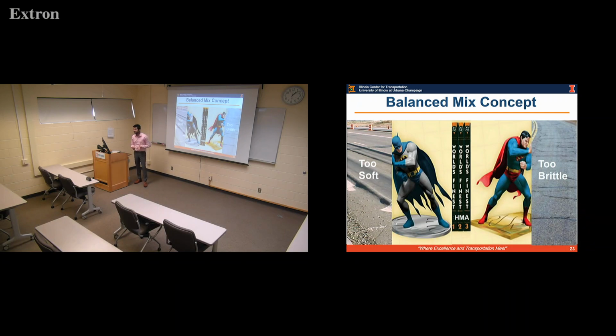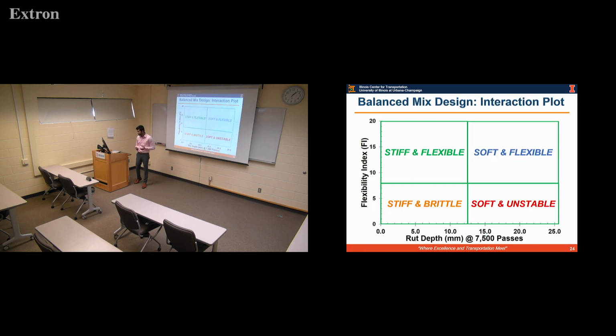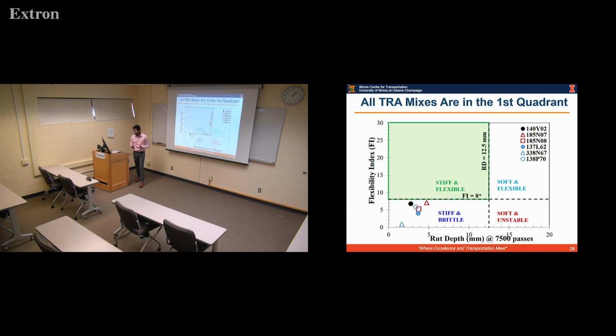We need to have a balanced mix, and we don't want our mix to be too soft or too brittle. So with the idea of balanced mix design, which we came up with the 128 study, which gave the IFIT, there are different sections in which we can divide our mixes based on the flexibility they possess and the rutting susceptibility they have. So with this idea, we plotted all our TRA mixes along with the control mixes on this balanced mix